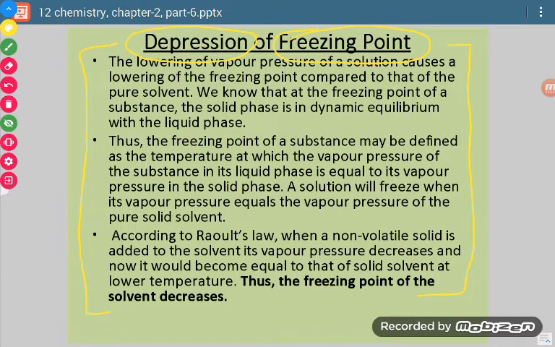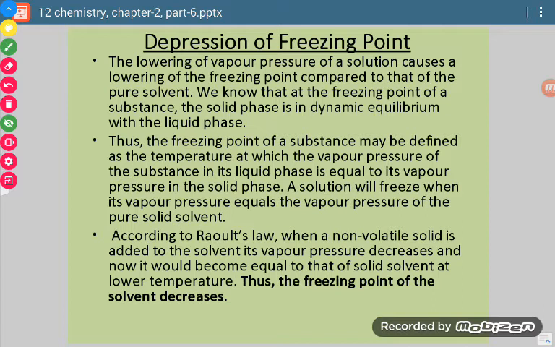Now this means when the solution is prepared, then the solution's freezing point will be less than the pure solvent freezing point. This is the meaning. Okay. Now see,